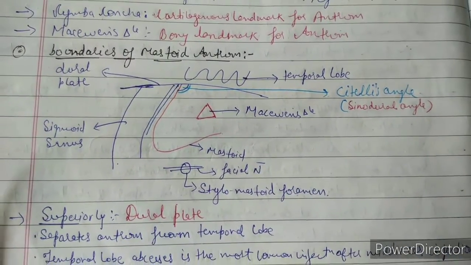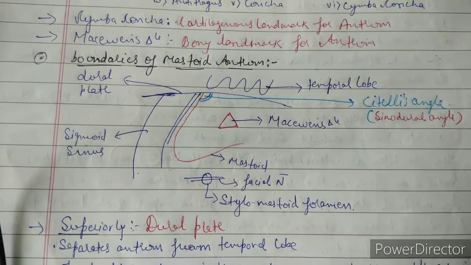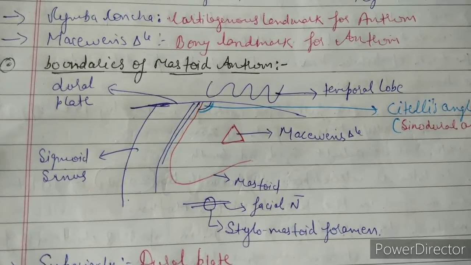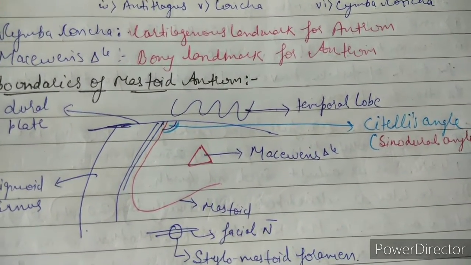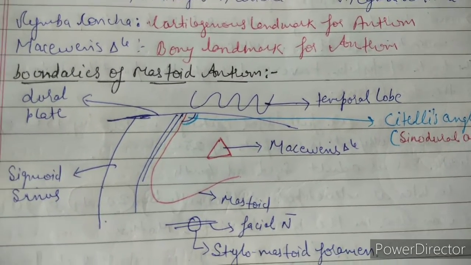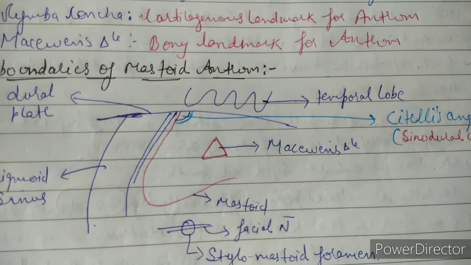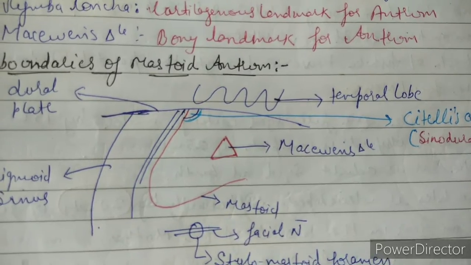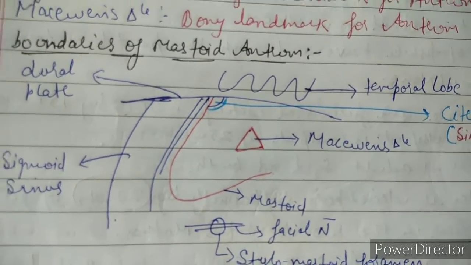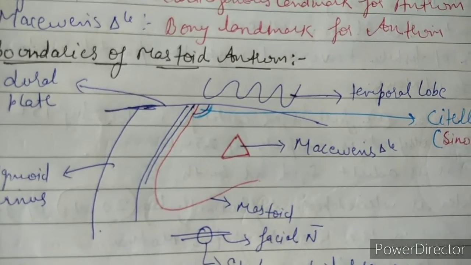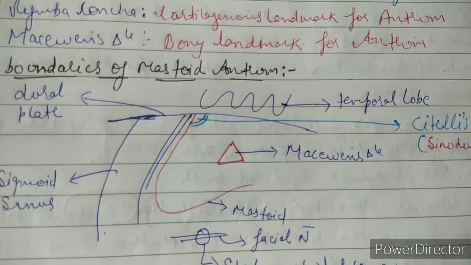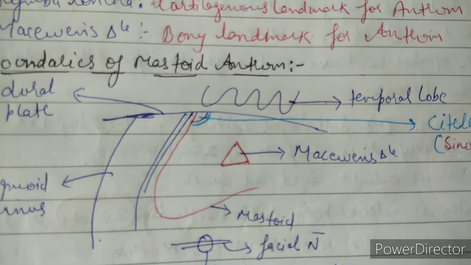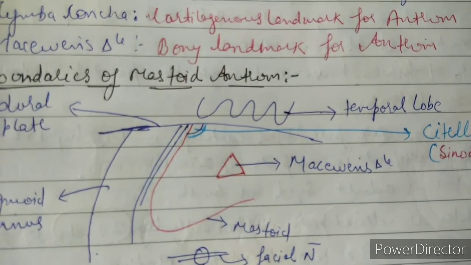Now we'll see the boundaries of the mastoid antrum. So guys, what do we understand by the mastoid antrum? First of all, just imagine where our mastoid lies. We have this pinna, the lateral part of the pinna and the medial part of the pinna. Behind the medial part of the pinna, please put your fingers there. You feel a bony structure. That bony structure is known as the mastoid. Through this mastoid we go inside the middle ear. The space through which we drill the opening to go into the middle ear, that bony landmark, is known as McEwen's triangle.